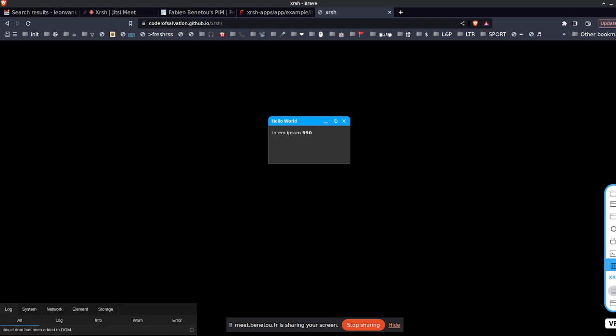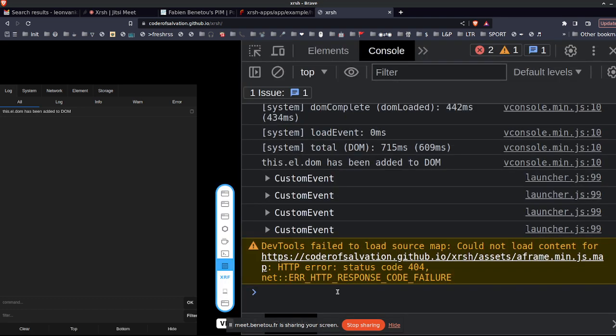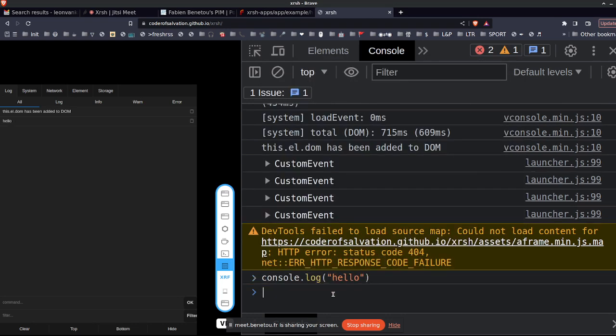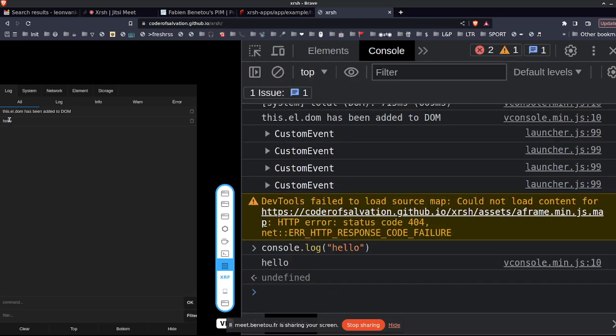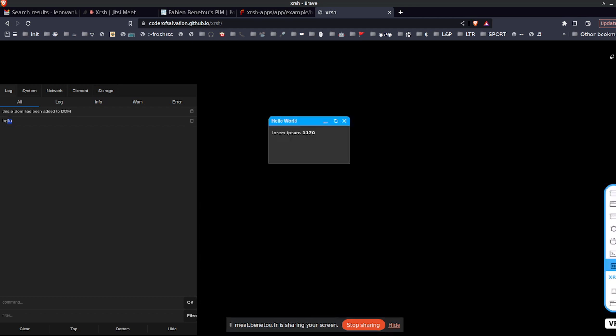So here's basically a portable sort of inspector with the console, and if I do console log hello, then you can see it here as well. And this is really a godsend because now I can just put on the headset, and if something doesn't work, I can immediately launch this console to see what the error is,